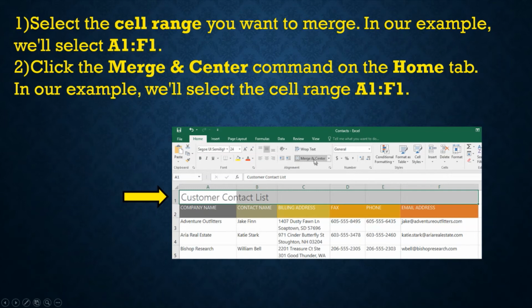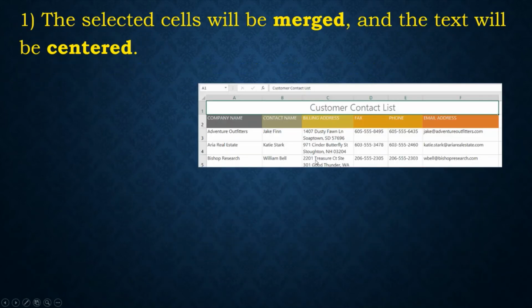Merge and center command is on the home tab just below the wrap text. So in our example, we will select the range A1 to F1 and then click on merge and center. Now you can see the selected cells will be merged and the text will be centered, customer list.